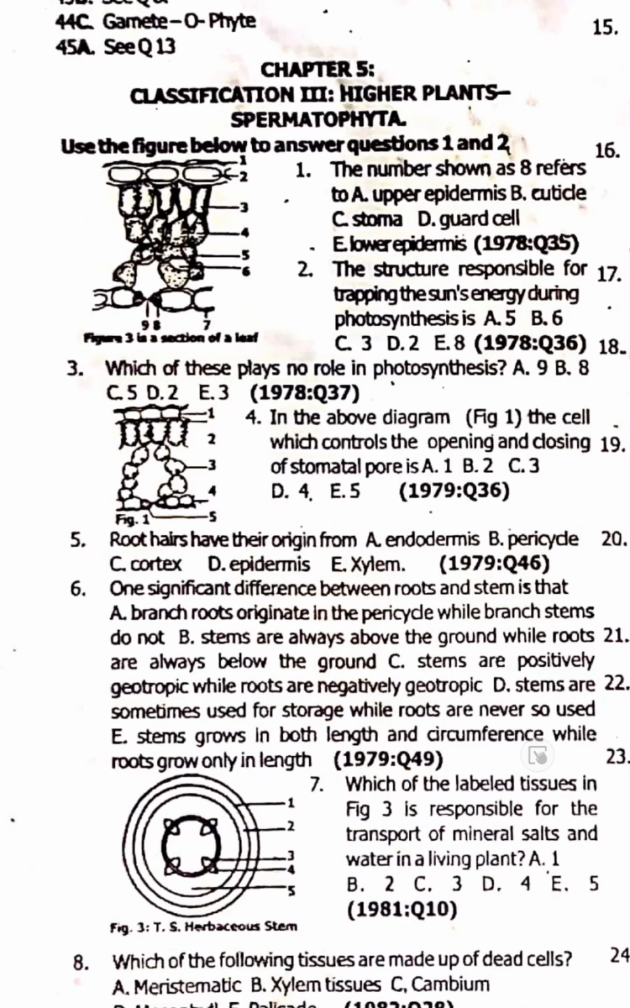When I go to answer questions on this, you will know this diagram is important. Number 9, they call them stomata or stoma. So they say the number shown as 8 refers to, as you see, I'm very easy, guard cell. Now this next one: the structure responsible for trapping the sun's energy during photosynthesis is known as